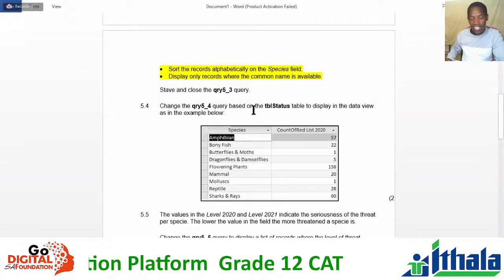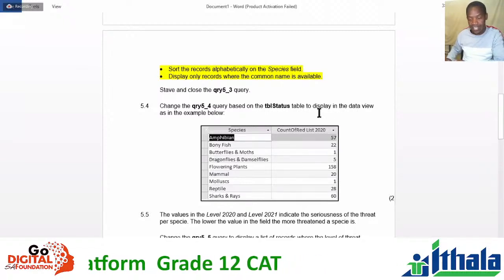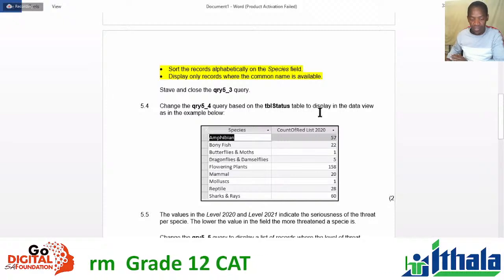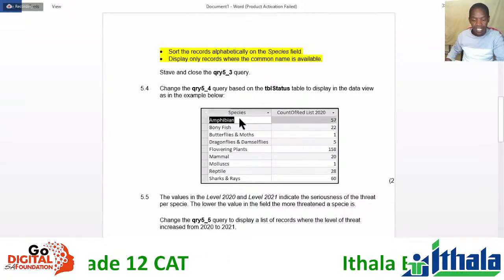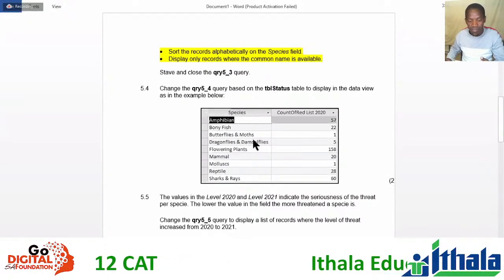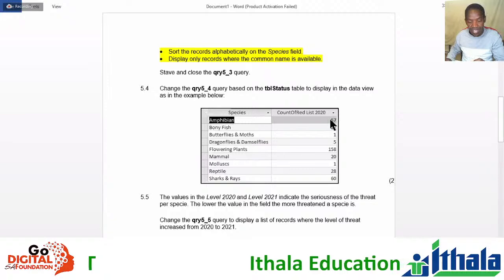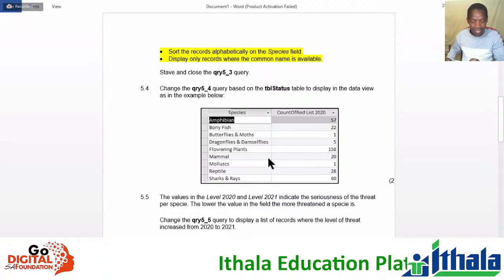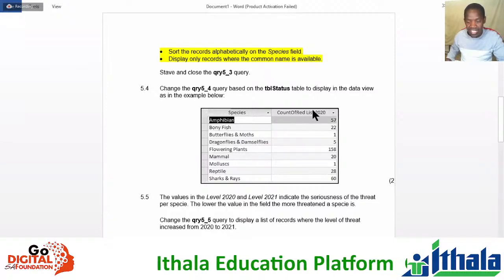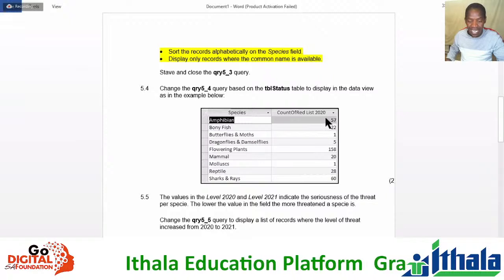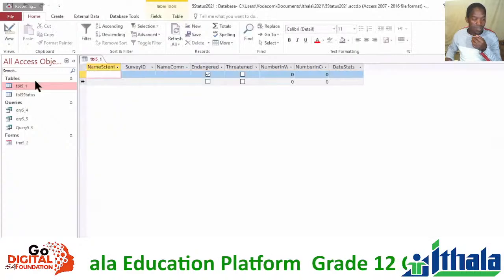Next question. Change the query 5_4, a query based on the status table, to display in the data view as in the example below. Now, in the example below, what we have here are different species. These species are amphibians 57, bonefish 22, etc. So what you are required to do here is show the count of the red list for 2020, show their numbers. So this means whenever you're changing your view here on your table,